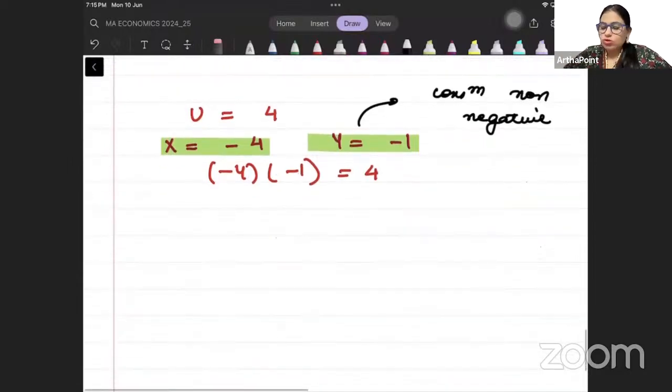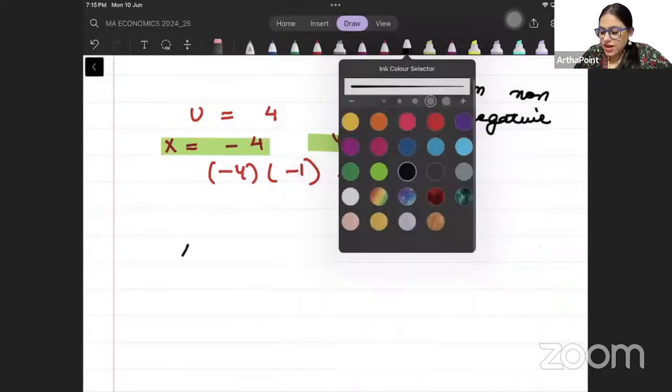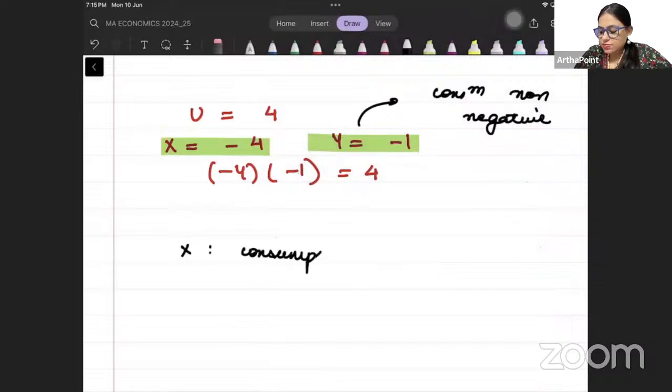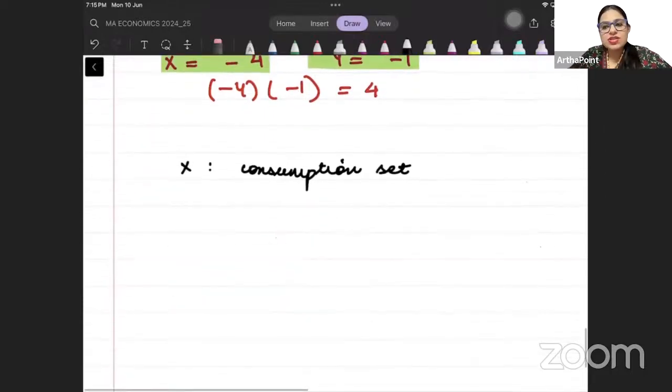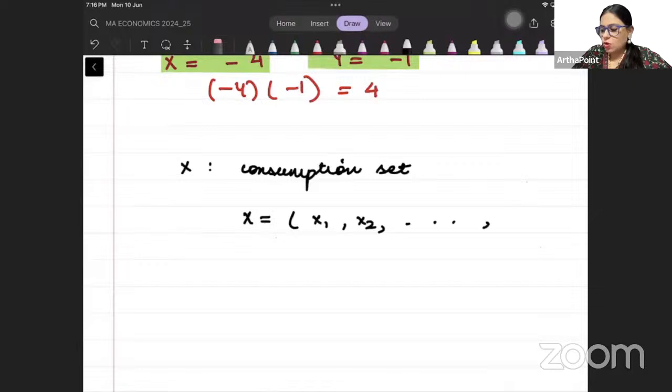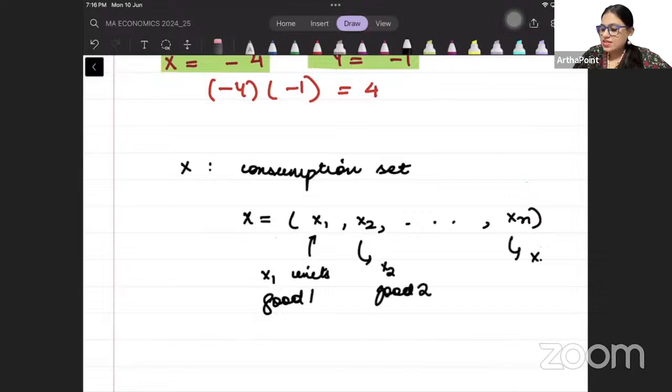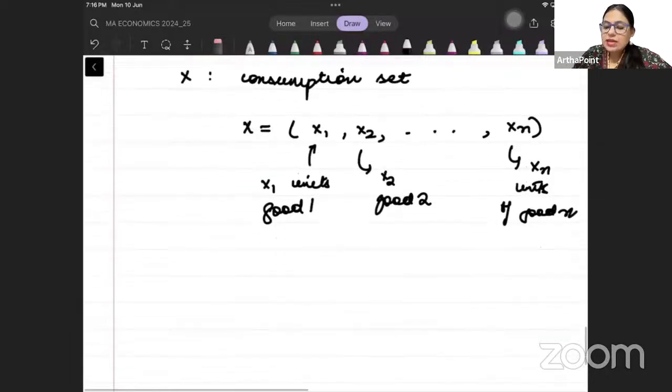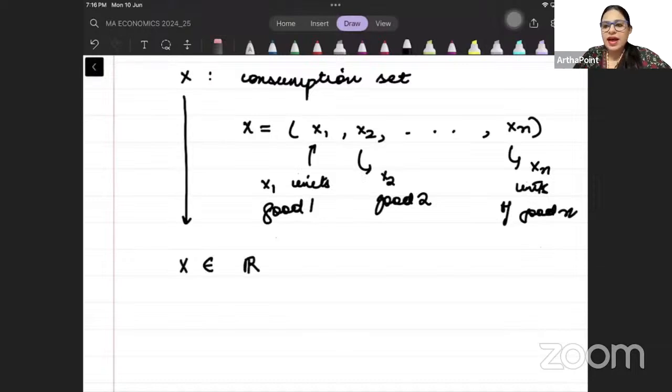Now, if I need to represent this mathematically, because many times you will simply see things like this in exams. So you will see that they will say that X represents a consumption set. By consumption set, I mean it has many goods. So X can represent something like this: X1, X2, Xn. That means I am consuming X1 units of good 1, x2 units of good 2 and xn units of good n. This is my consumption set, right? So I must have 0 or positive values. Consumption cannot be negative. So I will say that this x belongs to R, and I will write a plus